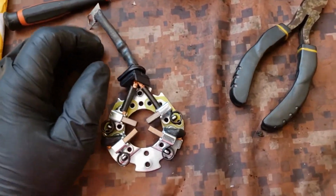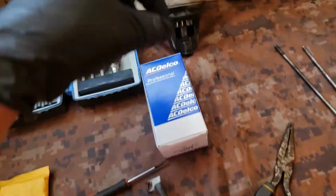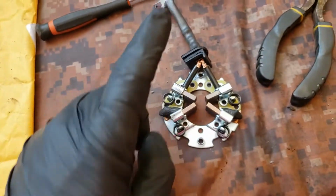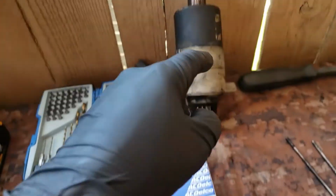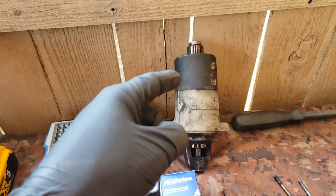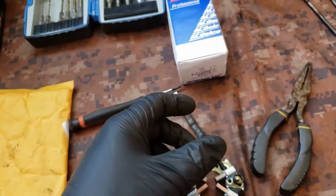Okay, so now I know why they came separate or not installed. It's because it'll be a lot easier to slide them in. So that was my bad. This is my first time doing it. So when you get them brand new, do not install this yet. Wait until you slide it down and then put them over there. So I just did all the freaking work for nothing. So I'm gonna have to take this out again and then slide it down. All right,